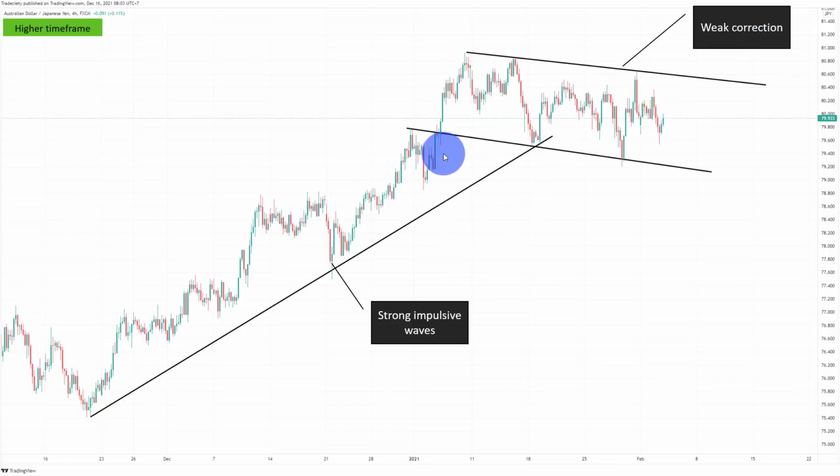And the relationship between the two, the angle, the steepness, can tell us a lot. Here in the beginning, the price rose quite a lot in a short amount of time, right? So the angle of the price move is quite steep. Whereas here, the corrective wave is very weak. We don't move lower too much, so there's not too much selling pressure. Yes, probably some traders are going to take profits, maybe some new sellers are going to come in, but you can see this is never enough to get the price really down. So it seems like there may still be some more buying interest left. And this is then your first starting point and the first clue that you could wait for the next buying